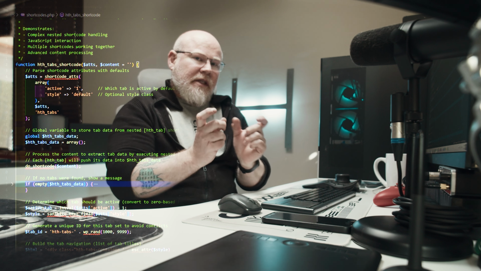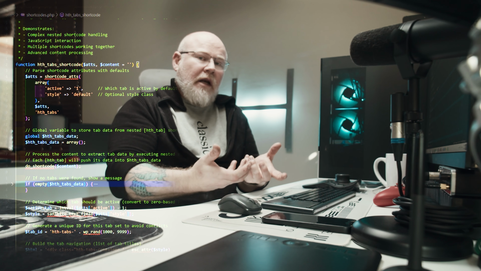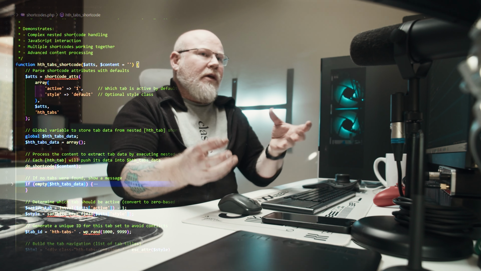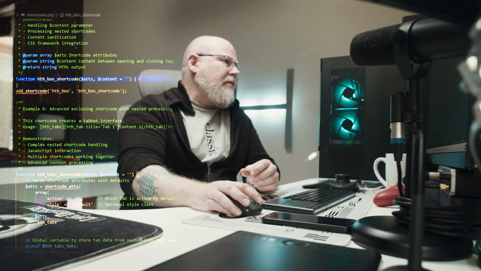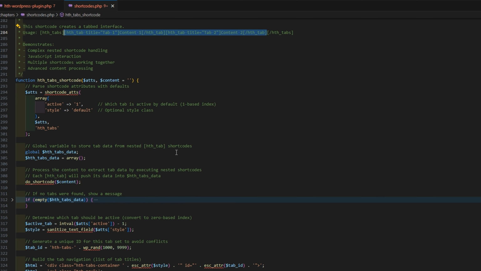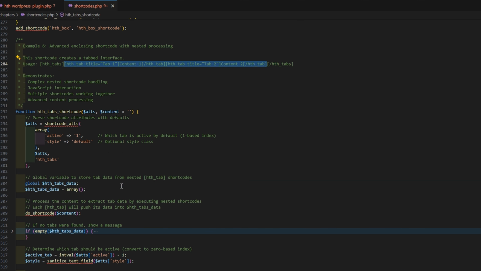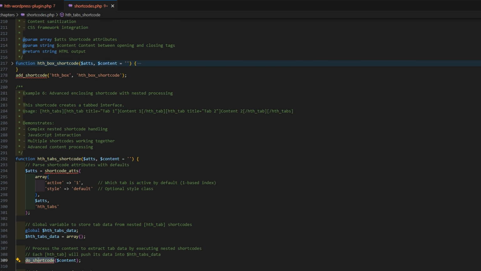Because remember, my two tags coming in, even though they're enclosed, they're technically inside of an enclosed shortcode as well. So that information coming in between here is technically enclosed content. Okay, so that is essentially what I am looking at. So the first thing I'm going to do is fire off do_shortcode on this content, which